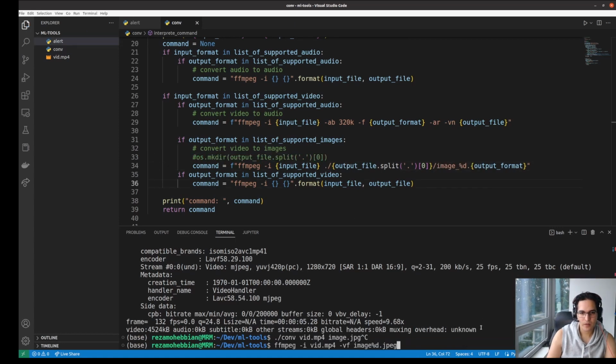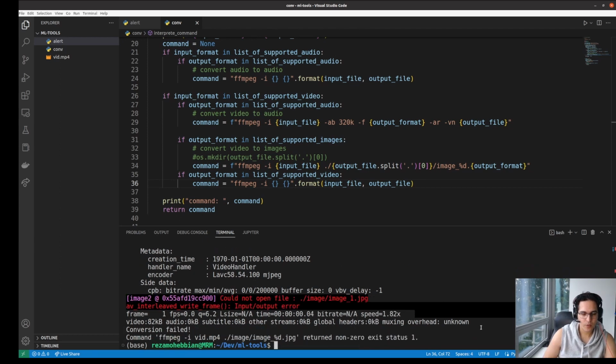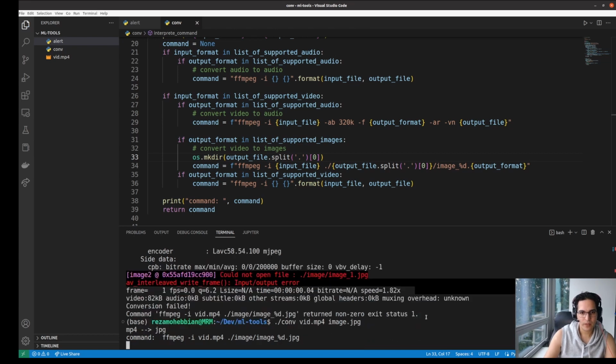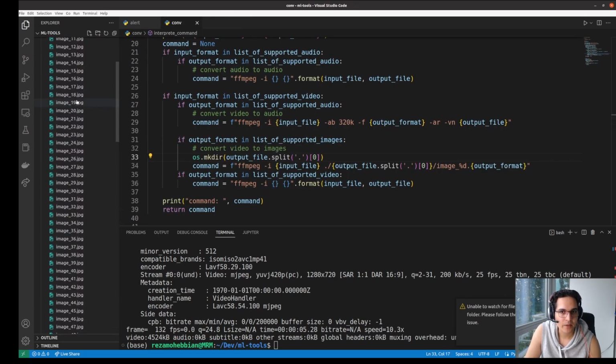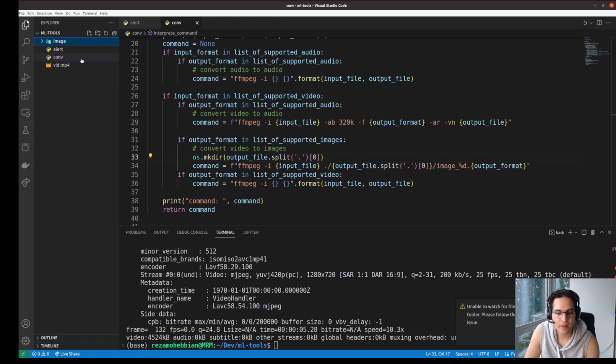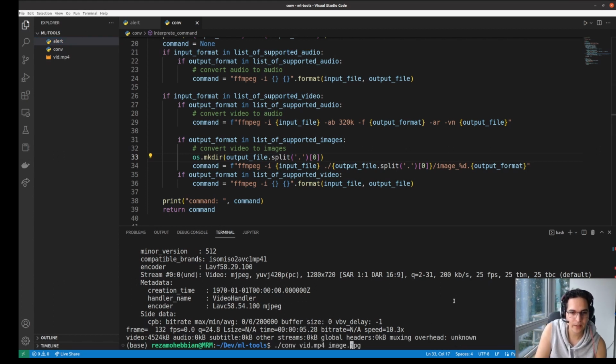So we can say conv JPG, could not open that folder. Yeah, sounds okay. So we need this. So let's do that again. Yeah, so we could convert everything to JPEG, which is cool. Okay, good. And let's remove this folder. That worked. We want to extract only the audio. So I can say conv